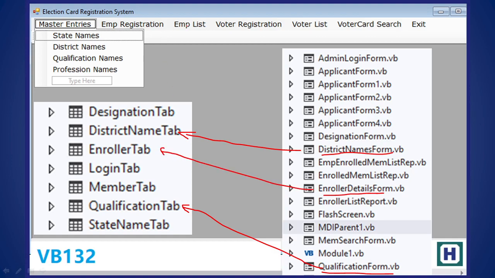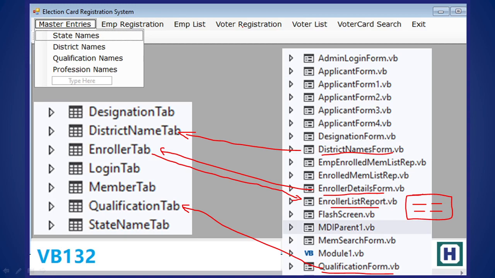Next one, employee list. So these are the employees you enter, and the list has to come. So this is an employee or enrolled list. We fetch the data again here and then show it in this form. So here we are sending the data and we are fetching the data. A list report means we need to get the data and show it on the screen. So who are all the employees working here? The list has to come. That is done by this particular form.